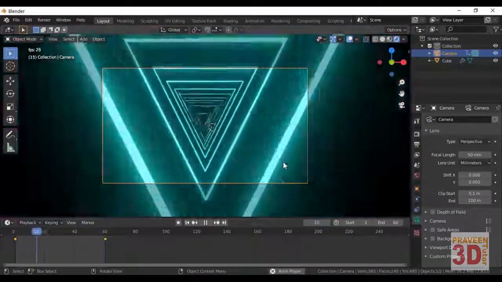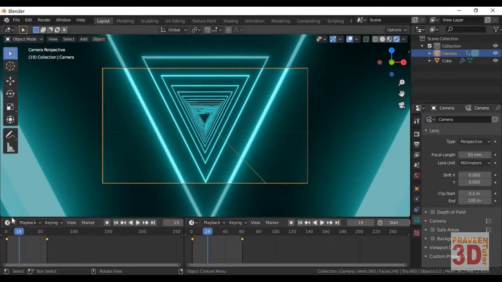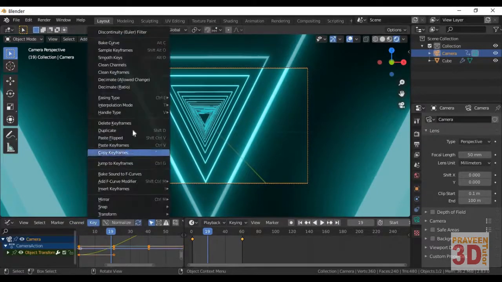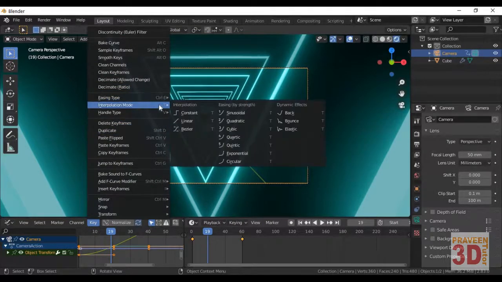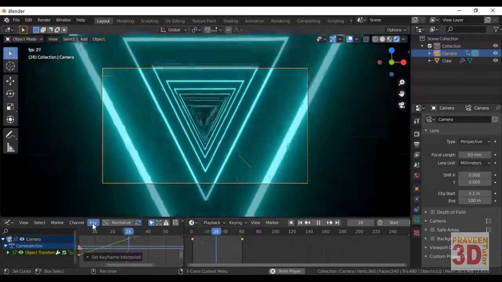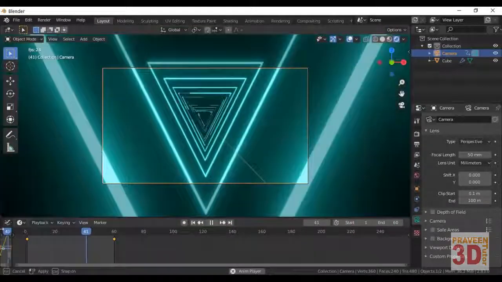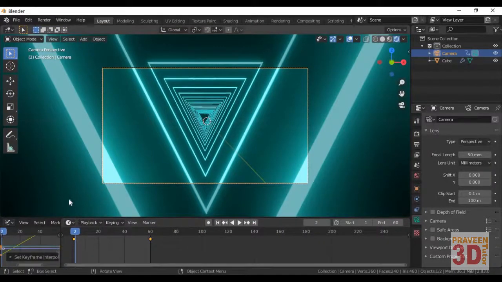It's awesome. But you need to make it a linear animation, so stretch it out a little bit and go to the Graph Editor here, and then Keys, interpolation mode, go to Linear, and the animation looks smooth. Okay, we don't need that. We will pause the animation and align it here. So everything looks fine, but we need to change the color.